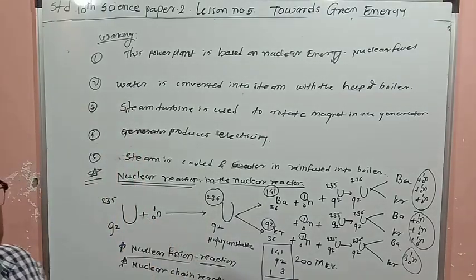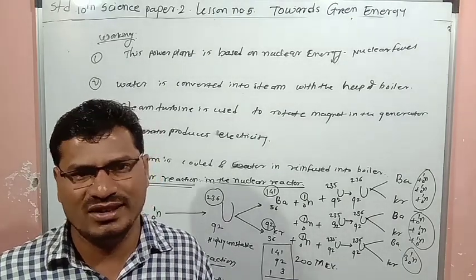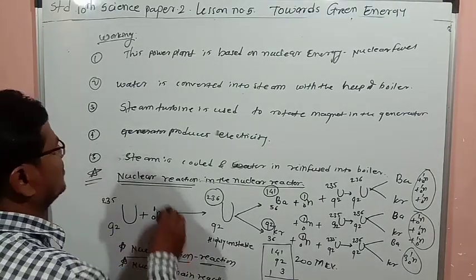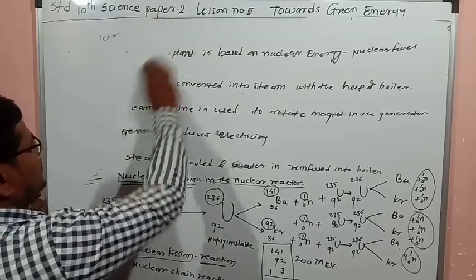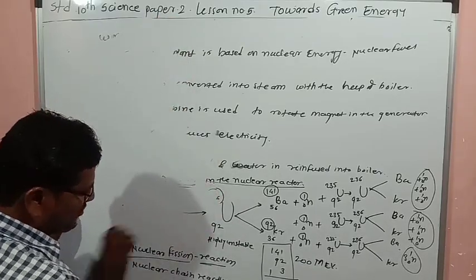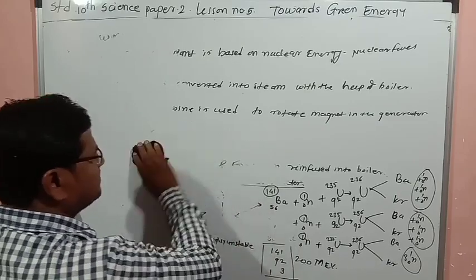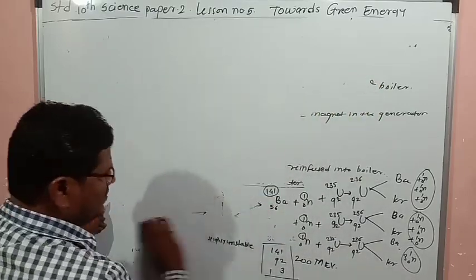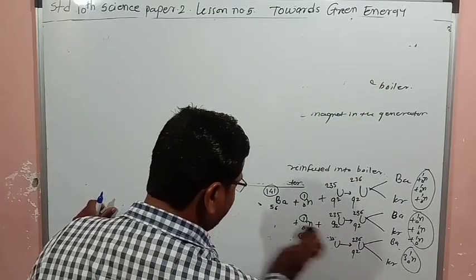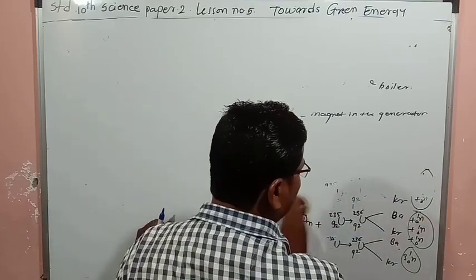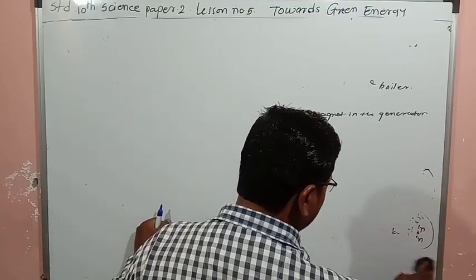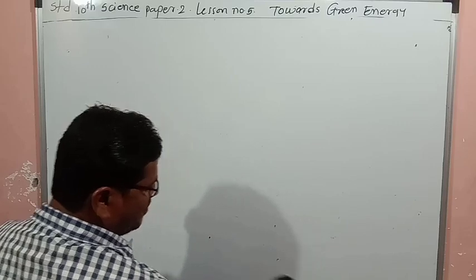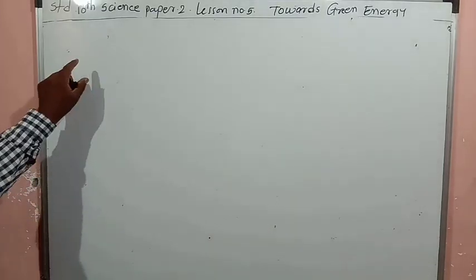So after this we are going to study the flow chart in case of the nuclear power plant, and then energy conversion. So what type of flow chart is there, that one we will see. With a nuclear power plant, very easily a tremendous amount of heat or energy, electricity, you can produce with the help of a nuclear reactor.